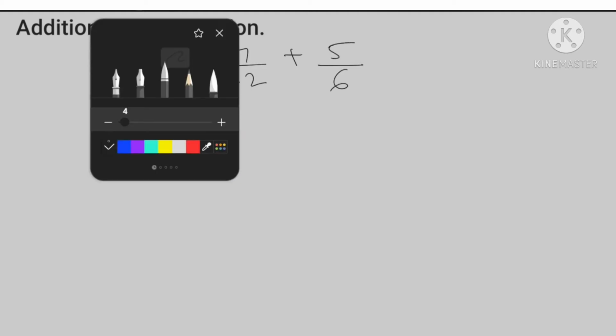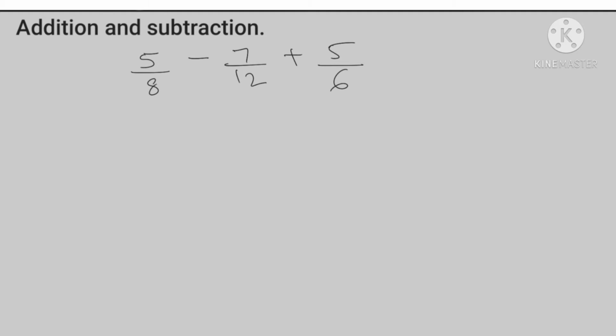My point is very simple. You see this minus sign out here; it is in the front of the sum. The plus sign should be first and the minus sign out here, but unfortunately it is not like that. So we don't have to change anything out here. We'll just take out the LCM of these three denominators and then start the sum. The first step is to take out the LCM.